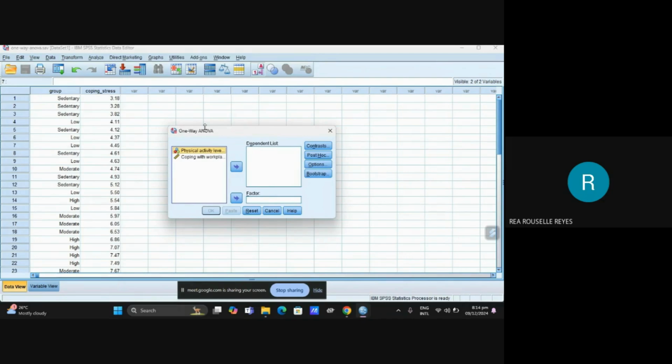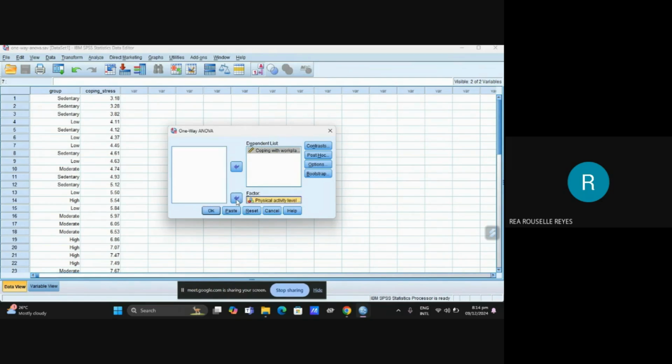Here you are going to put the coping stress in the dependent list, and in factor is the physical activity level, which is the group.